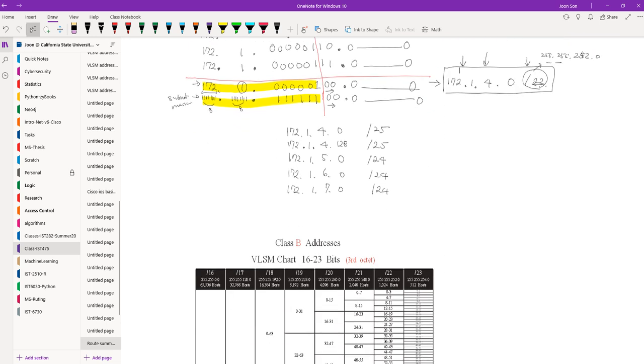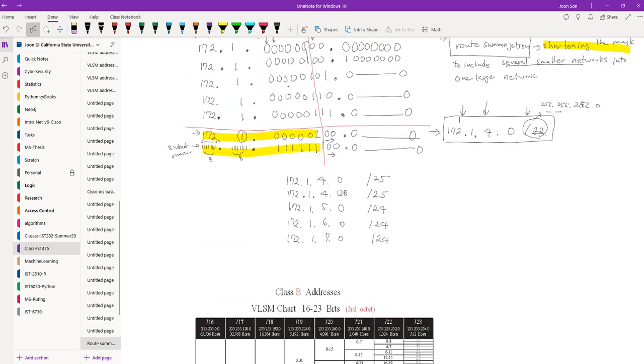This is a Class B large address. In VLSM, what I did was start with 172.1.4.0/22